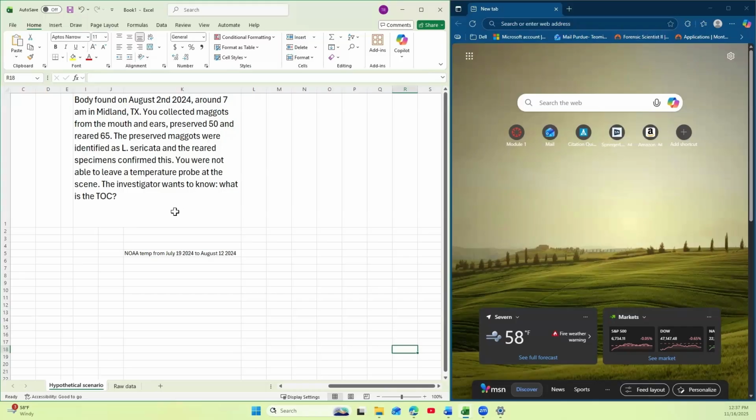But the short description says, body found on August 2nd, 2024, around 7 a.m. in Midland, Texas. You collected maggots from the mouth and ears, preserved 50 and reared 65. The preserved maggots were identified as Lucilia sericata, and the reared specimens confirmed this identification. You were not able to leave the temperature probe at the scene, and the investigators want to know what is